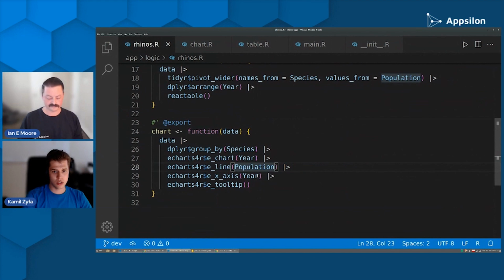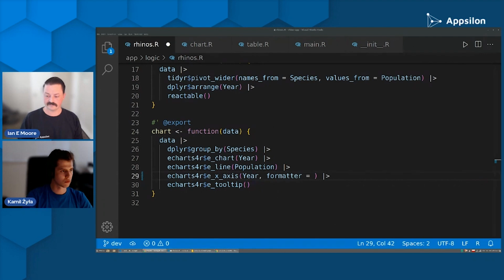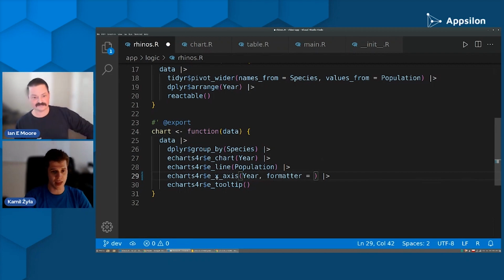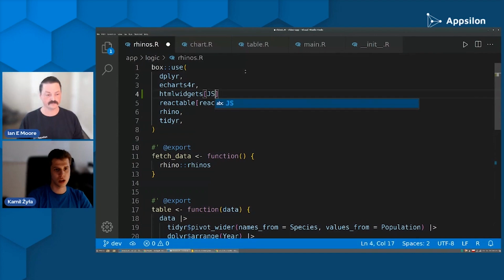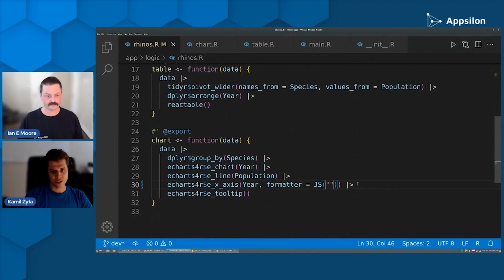And I will need to use a formatter argument here. So this formatter argument here takes a JavaScript function that will be used to format the labels on the x-axis. To define that function, I will need JS function, just like to mark code as JavaScript from HTML widgets. But instead of writing it here directly, I'm going to show you how you can work with JavaScript in Rhino